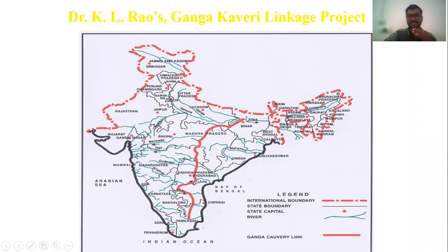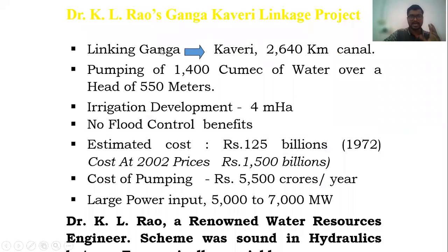The middle belt will get water, and where the quantity of flood water was high, that flood will be reduced and this drought prone area will get benefited. Ultimately that abundant quantity will be transported towards the ocean. So Dr. K.L. Rao has proposed the Ganga Kaveri linkage project. The Ganga Kaveri linkage project was given by Dr. K.L. Rao. Highlights of that project are, it links the Ganga and Kaveri river, and about by the canal about